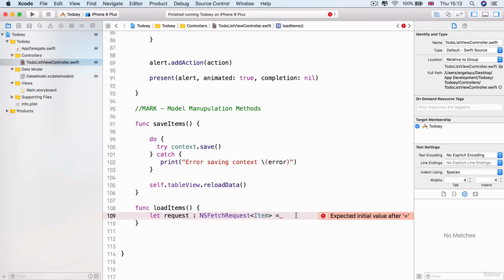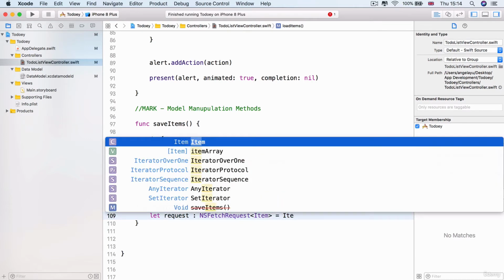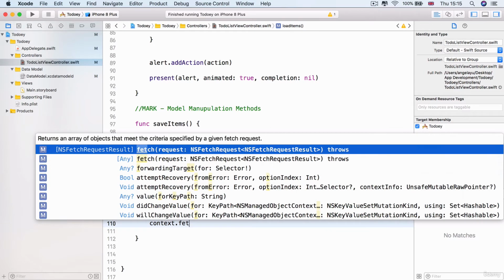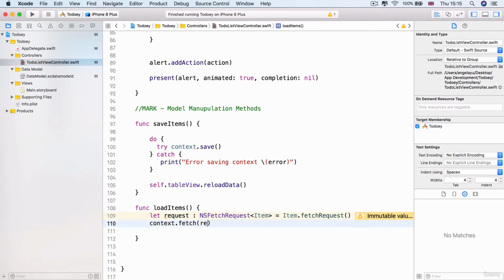So we're going to say, let request be of data type NSFetchRequest. That's going to fetch a whole bunch of items. And then we're going to tap into our item class or item entity, and we're going to make a new fetch request. And of course, as always, our application has to speak to the context before we can do anything with our persistent container. So we have to say context.fetch, and the fetch that we want to make is our current request, which is basically just a blank request that pulls back everything that's currently inside our persistent